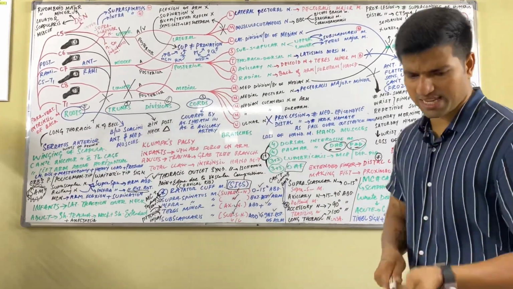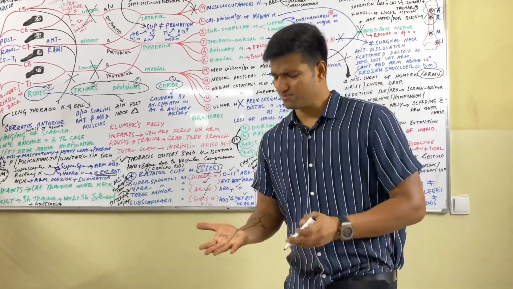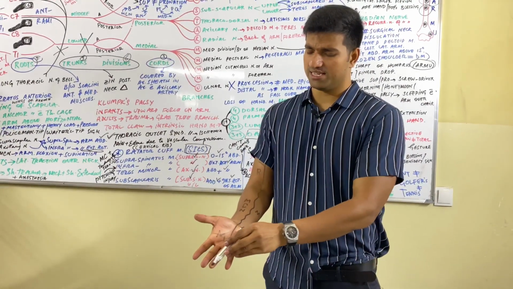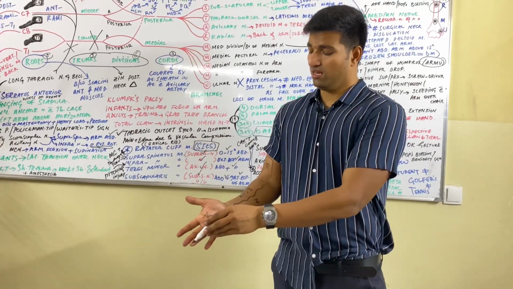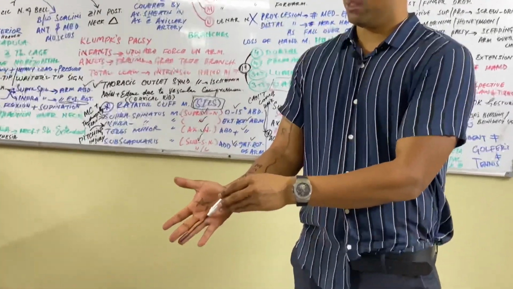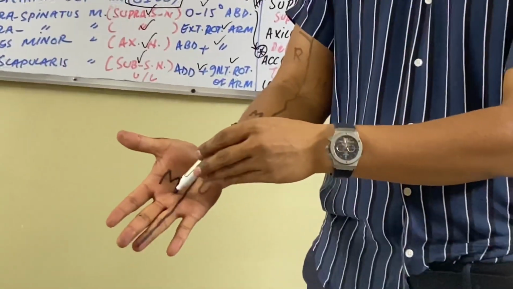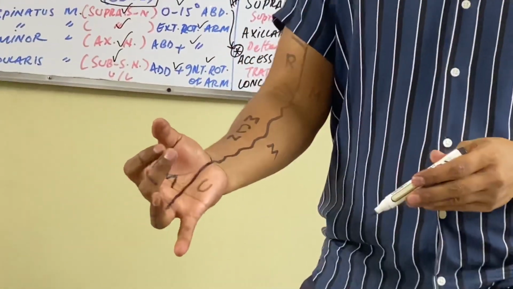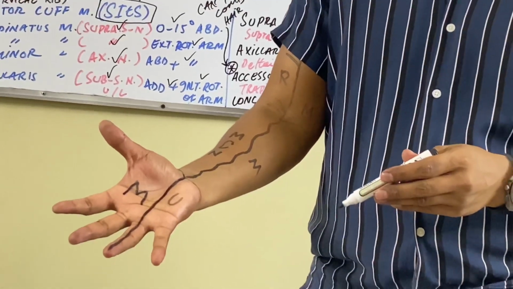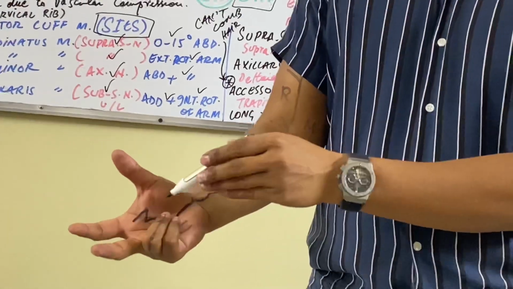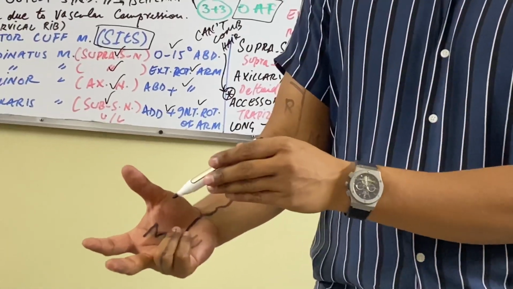So you can see simply again, very importantly, this area, lateral 3 and a half. Lateral, if you can zoom in. Lateral 3 and a half fingers, this is the area for the median nerve. It means flexion of the hand. Suppose I tell a patient to make a fist and he will do like this, it means the median nerve is damaged. It means a distal lesion to the median nerve.